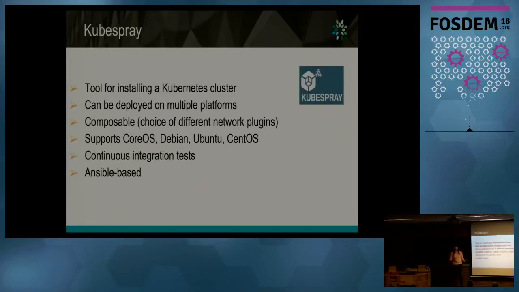It's also very composable, so you can decide, for example, the kind of network plugin you want to bring. You can have different options there. It's supporting CoreOS, Ubuntu, Debian, CentOS, so you have flexibility there. And it's solid because it has end-to-end integration testing performed on different platforms as well, so it's reliable. And well, we are starting to do it as a proof of concept. So we have mostly OpenStack done there, but we're starting to get Kubernetes integrated into OPNFV as well. Okay, so if you have questions, let's give 5 minutes for questions.